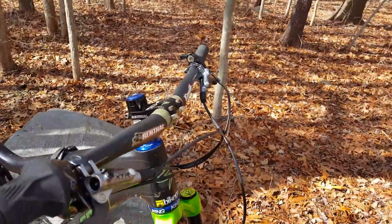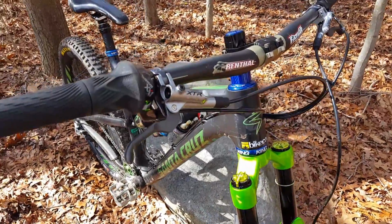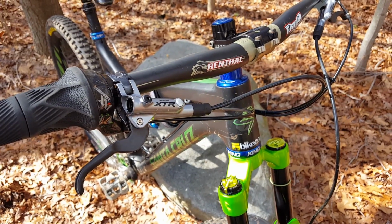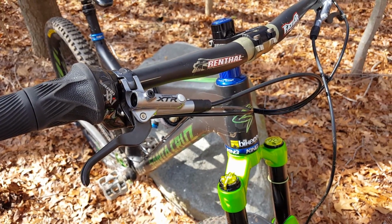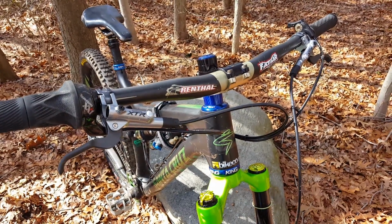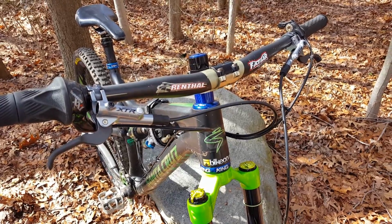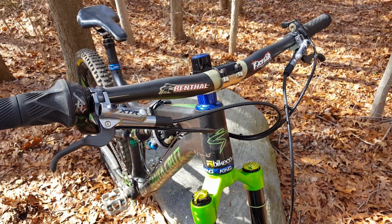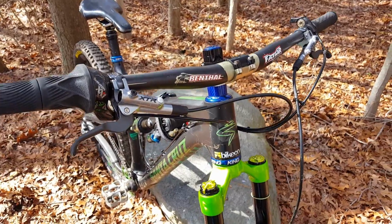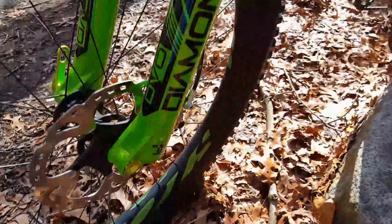But let's see, what else are we looking at? XTR Race brakes. So this is a little bit of something I would do differently. Race brakes, if I understand it correctly, don't have the servo wave cam in it. I think I'm using the right term. And so I should have done XTR Trail. These XTR Races are lightweight, magnesium, and all of the go fast parts in it, right down to the,